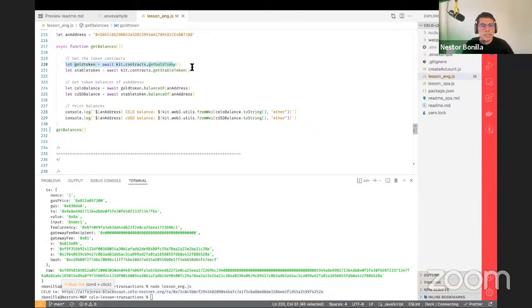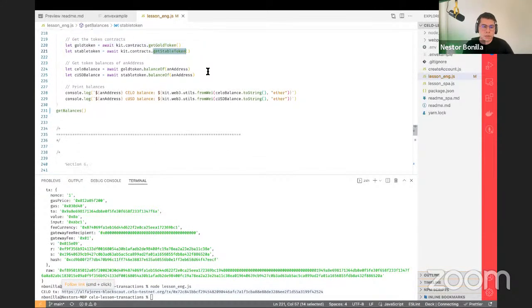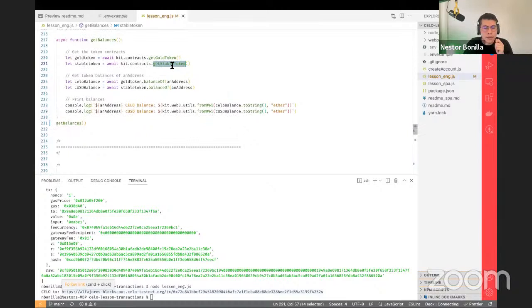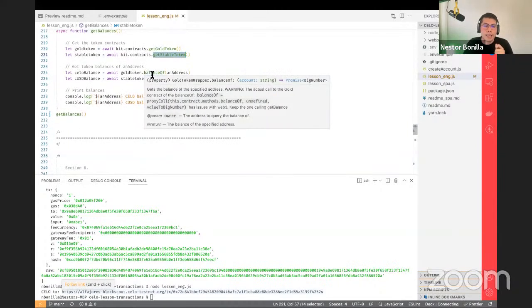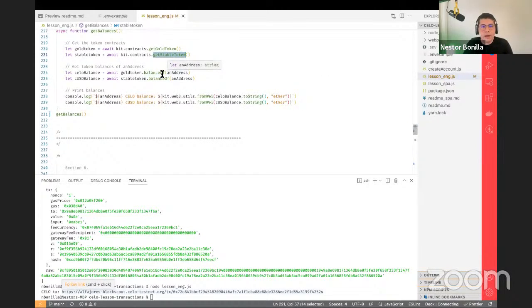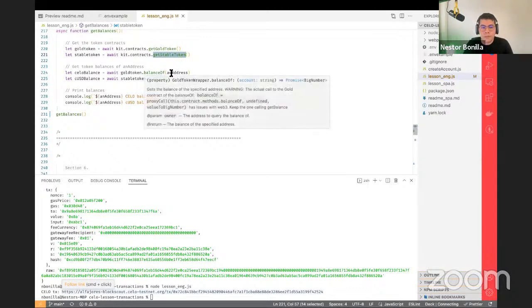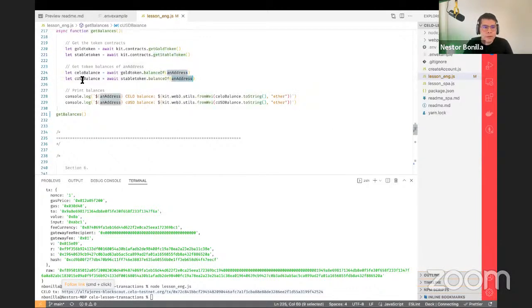So this function is gonna get the address of those smart contracts for the Celo stablecoin. Once we have the address, we can get the balance of a specific address.